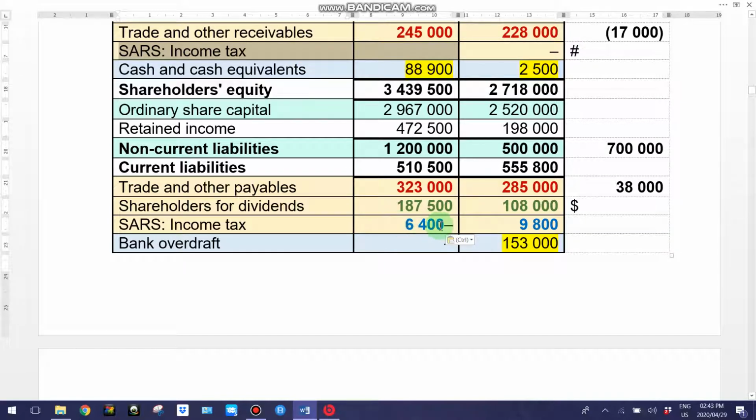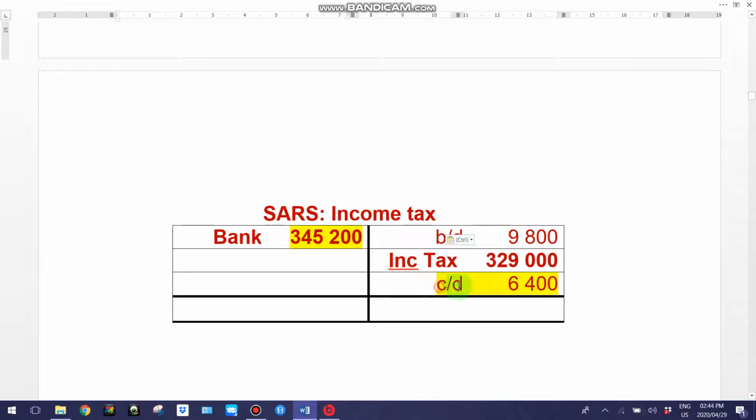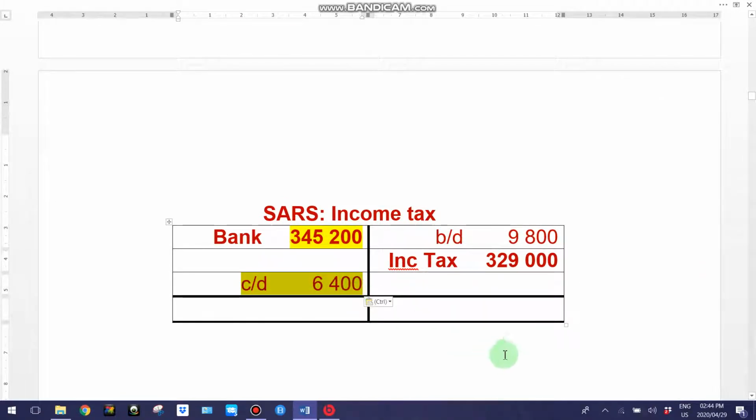If the amount was here, that means we still owe them 6,400 at the end of the year. Then this carried down won't be there. This carried down will be on this side because it's brought down on the credit side. And then now this amount here would be 6,400 less than